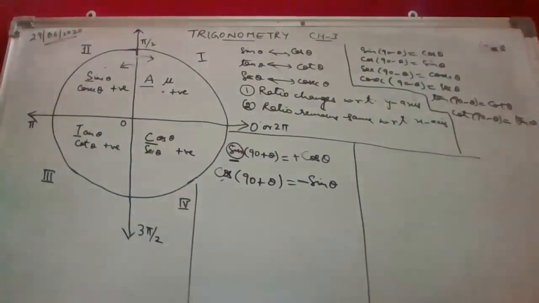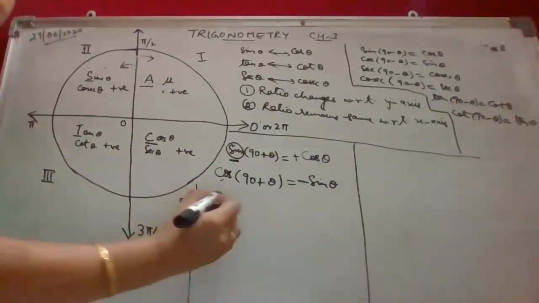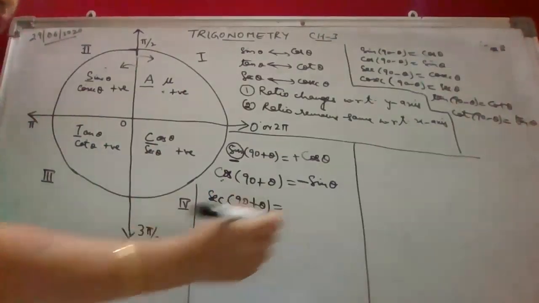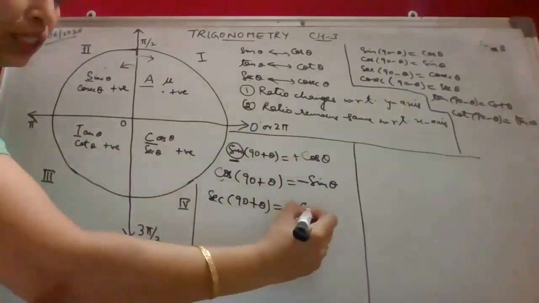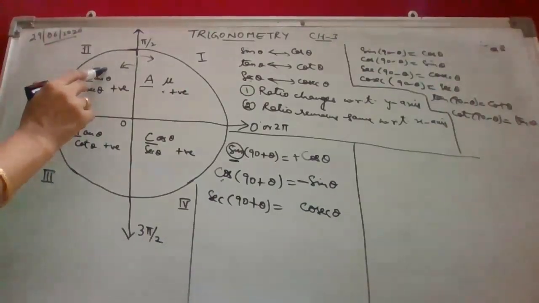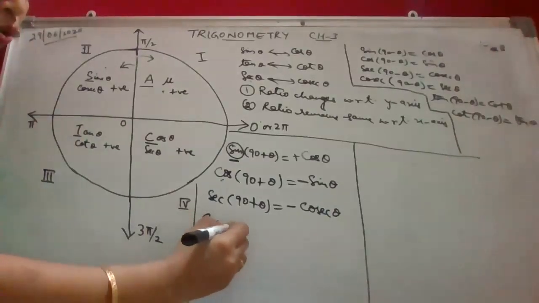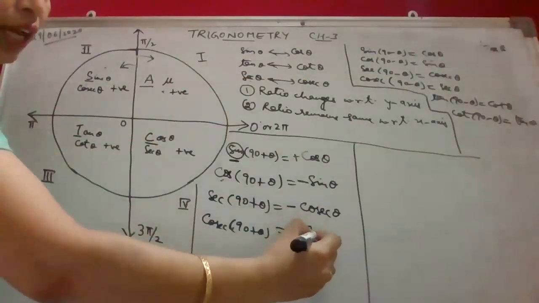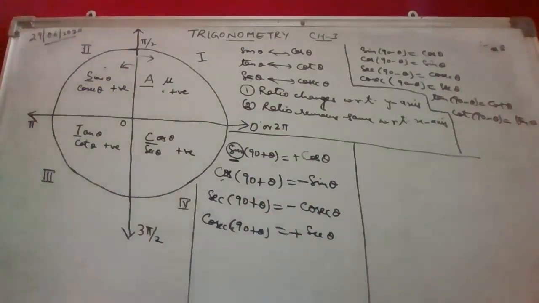Similarly, we have 6 trigonometric ratios, each with its change. Like now I want to find it out for sec 90 plus theta. So sec 90 plus theta, again we are coming to the second quadrant. Sec theta will convert to cosec theta, and let us see what sign will be applied. Sec theta is negative in the second quadrant, so this will be a negative sign. Similarly, if we come to cosec 90 plus theta, cosec theta will convert to sec theta, and since cosec theta is positive in the second quadrant, it will be a plus sign.